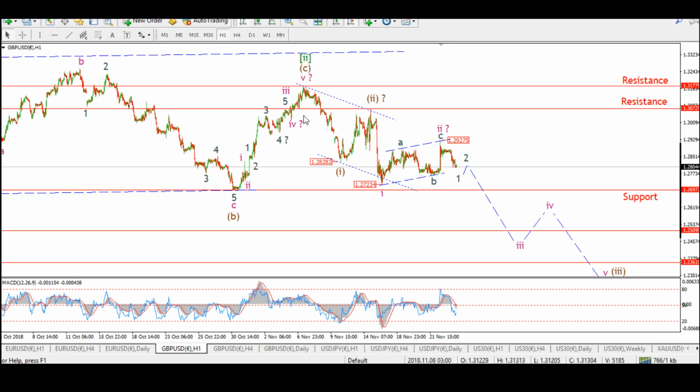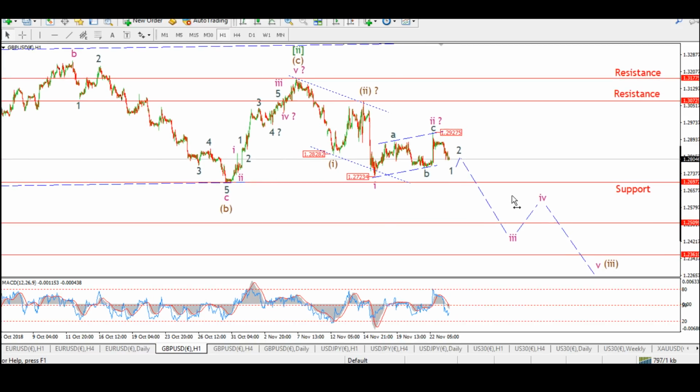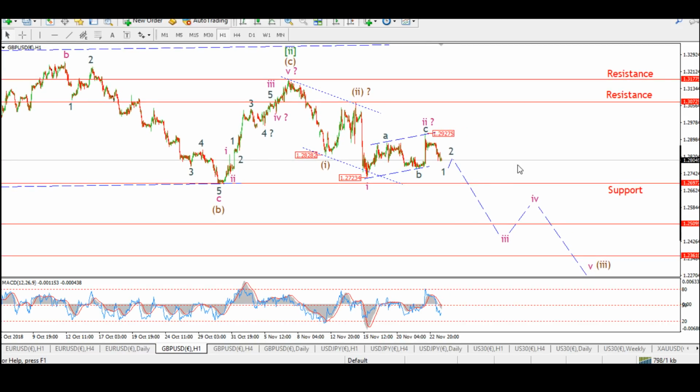So this is wave 2 in green, and you'd be looking for a further extension lower in wave 3 green, but this would be wave 3 of wave 3 of wave 3, so it'll be a third of a third of a third. That does suggest a very large degree decline, and I think the markets might be a little bit shocked by that, given the kind of good news that's been coming out of,